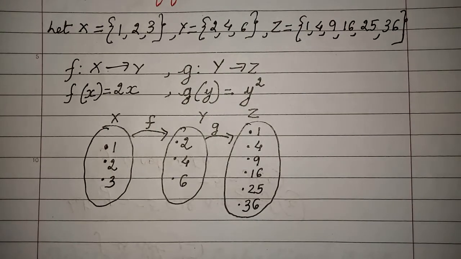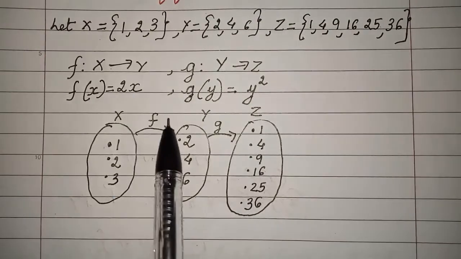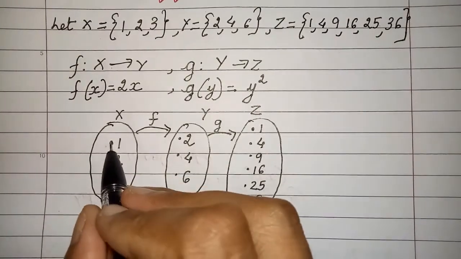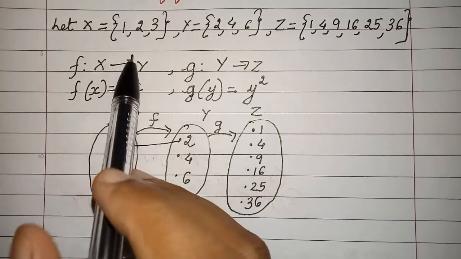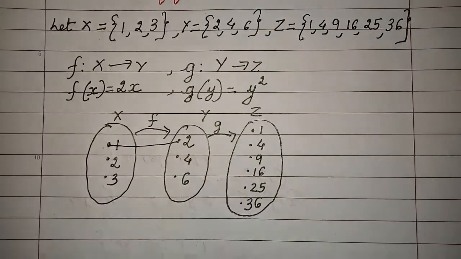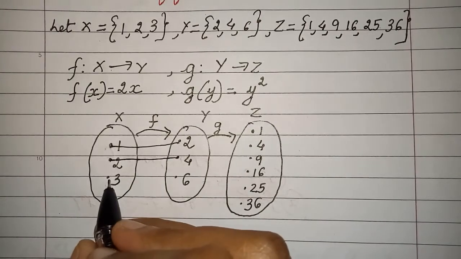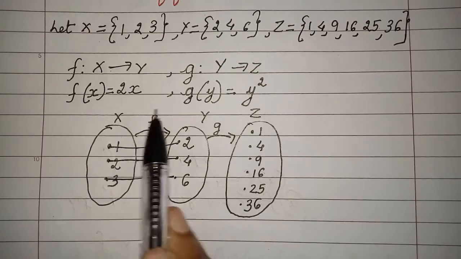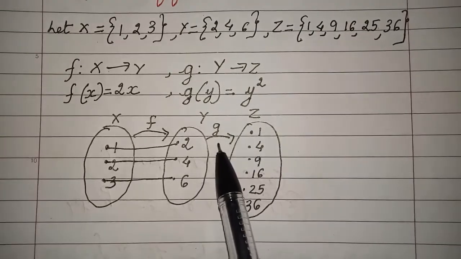Now children, let us put the values of x in this and see where each falls in y. If I put the value of x as 1, it will go to 2 into 1, 2. If I put the value of x as 2, see, I am taking values from my set x. I can't take any values outside my set because that is my domain. If I take x as 2, the value is going to be 4. If I take x as 3, my value is going to be 6. So this is how under your function f, x going to y, the images of 1, 2, 3 are 2, 4 and 6.